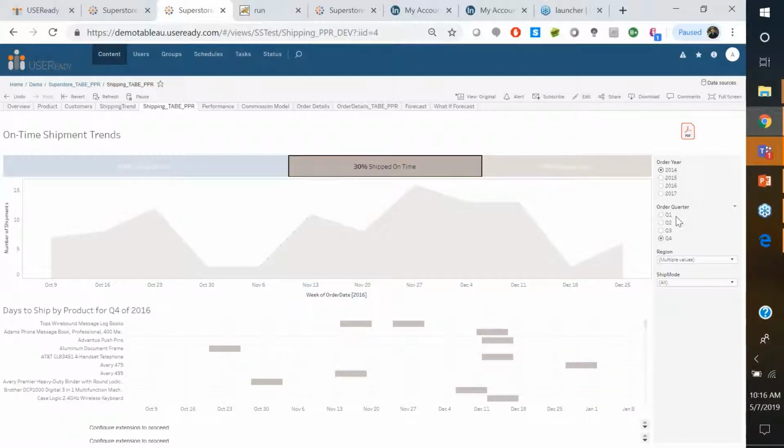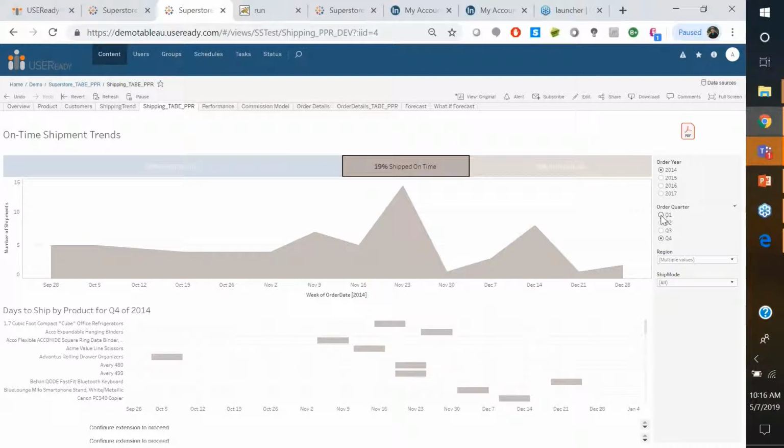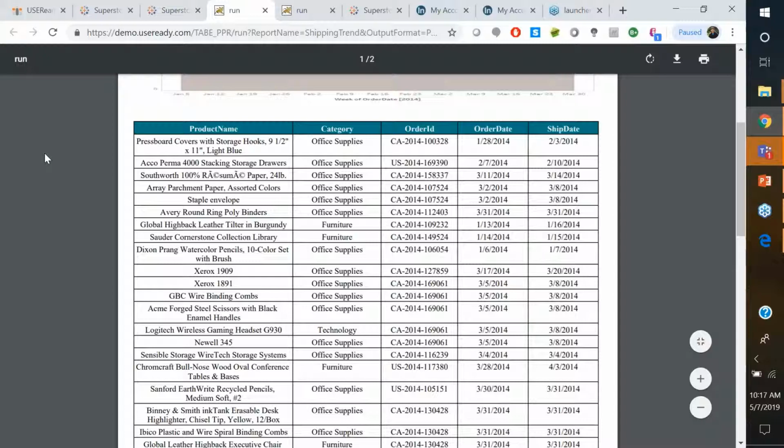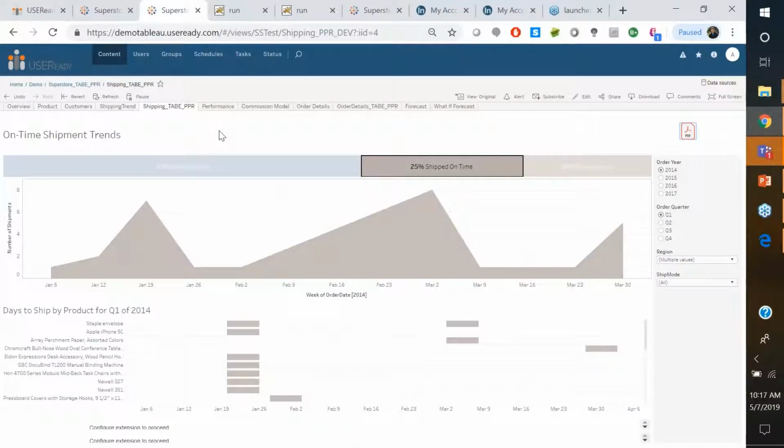If I slice and dice for a specific year or a specific quarter, as soon as I click on the button, it should generate the report for me. Now, it might happen that for a specific user, we don't want a PDF option. Probably we want a PowerPoint or any other format. How do we enable this? What we have to do is go to the edit mode, and as a user, you have to have the access. So if I go to the edit mode,